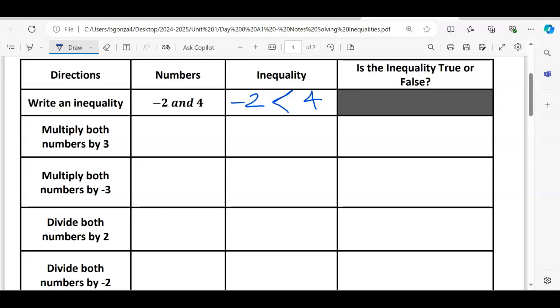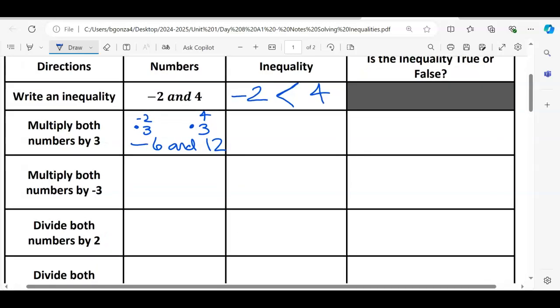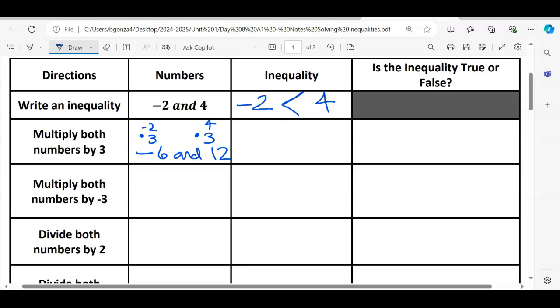What if we use some operations? So let's start with multiplying. If we multiply both of those numbers by 3, let's see what we get. -2 times 3, 4 times 3. So -2 times 3 is -6, and 4 times 3 is 12. Okay, now if I use -6 and 12, and I write it here, -6 less than 12,